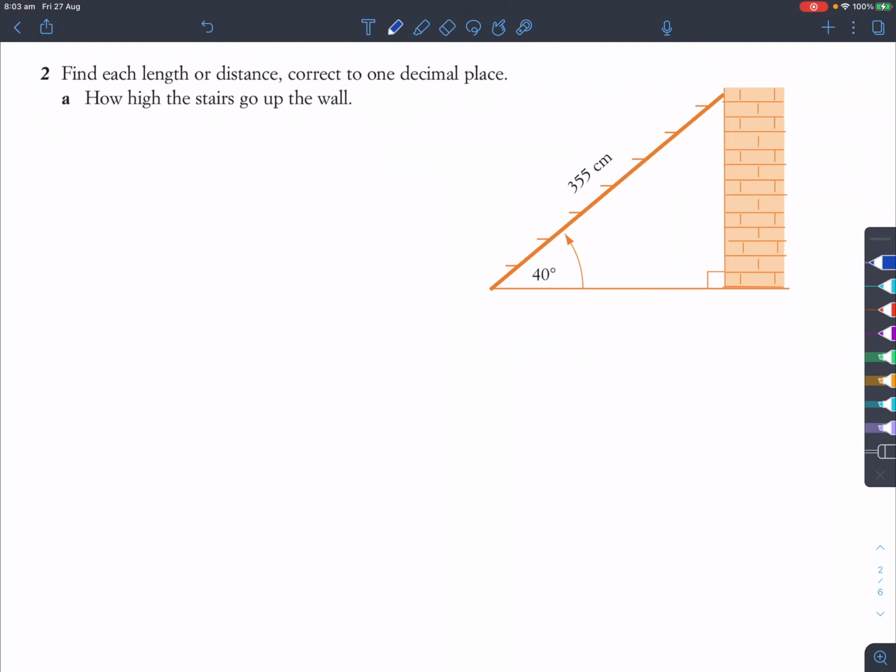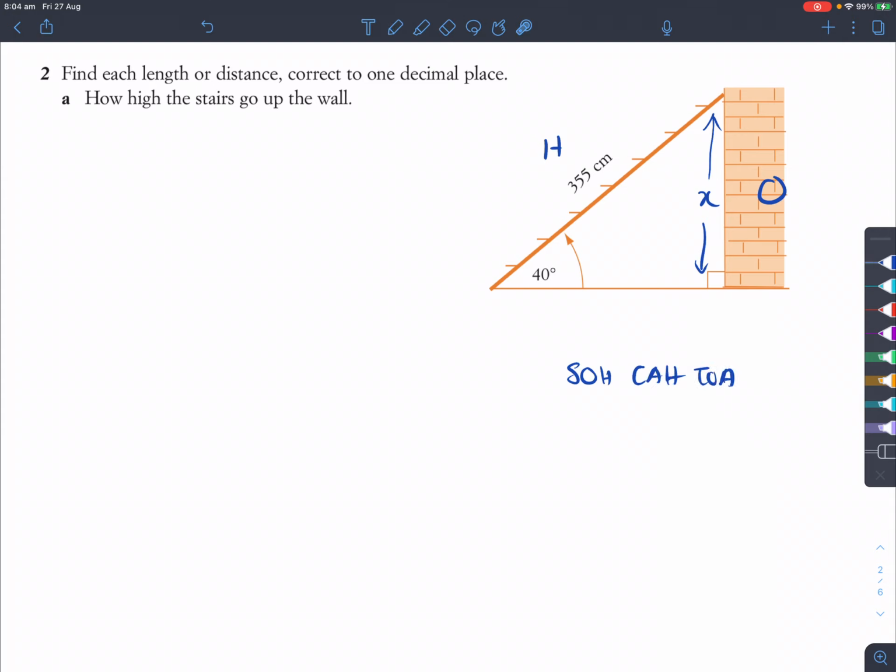Question 2. Find each length or distance correct to one decimal place. For part A, it's asking how high the stairs go up the wall. So we're now looking at this length here. If we call this x that we need to find, the relationship between the sides and the angle given is that this is opposite the angle given, so we'll call that O, and then this longer edge here is our hypotenuse. So by using SOHCAHTOA, which I'll write down again,